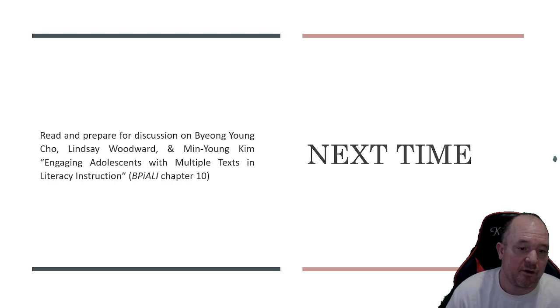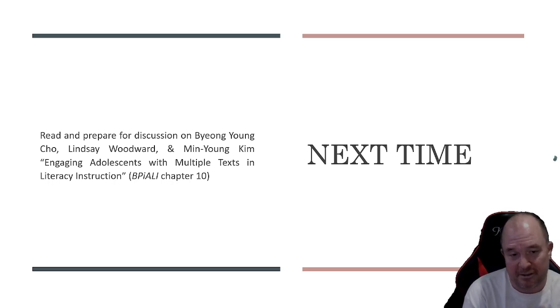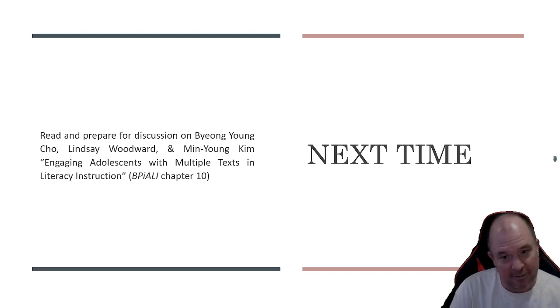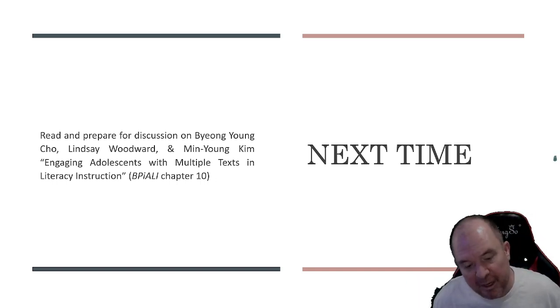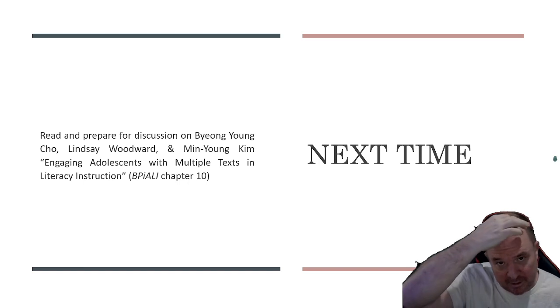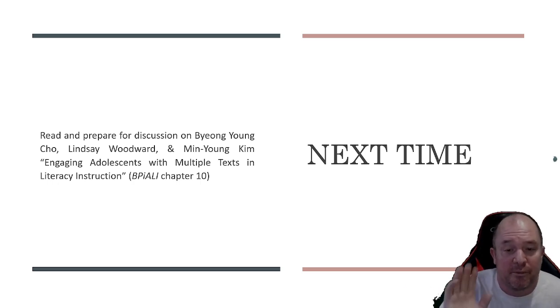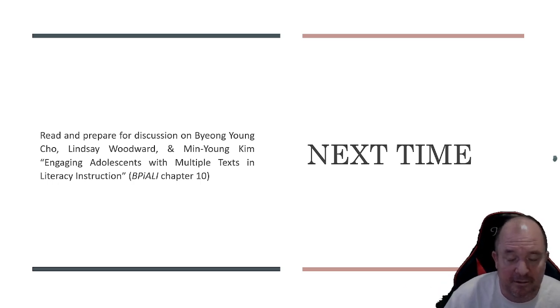And next time we are going to read a study of how we can engage adolescents with multiple texts, which is what we're writing a paper on. So this is the penultimate activity before we get into a role play activity. So the last reading for this module. We're going to discuss it next time. I'm probably going to record it in about 7 minutes. But you'll be doing this tomorrow or the next day or the day after. I'll see you then.